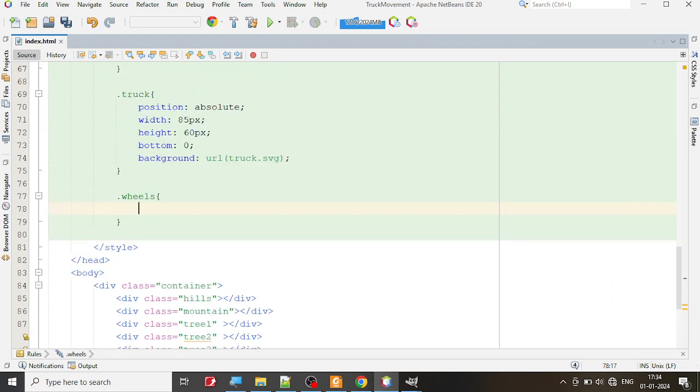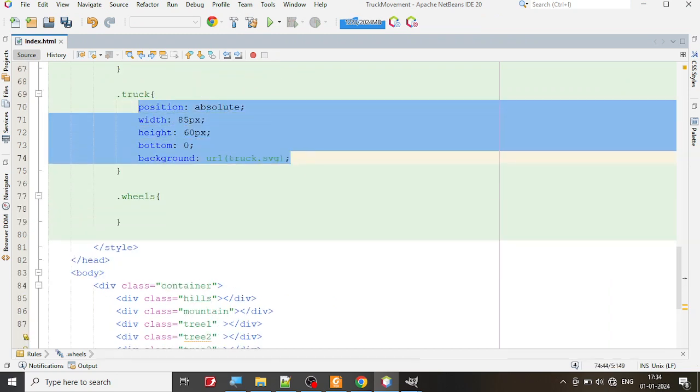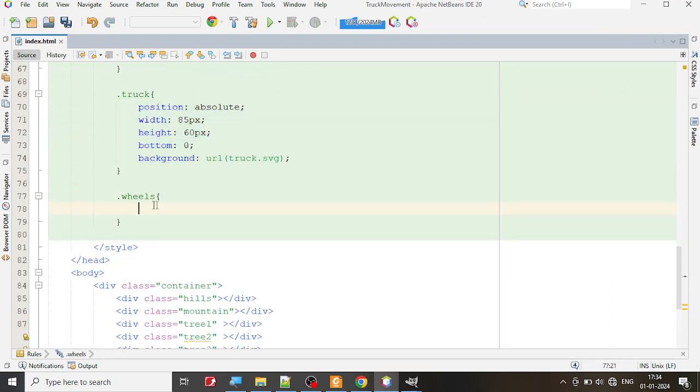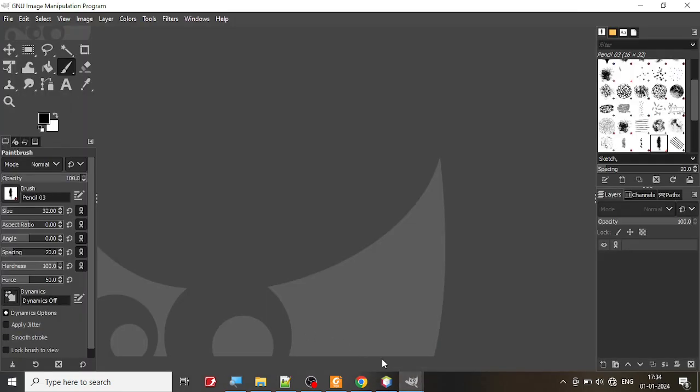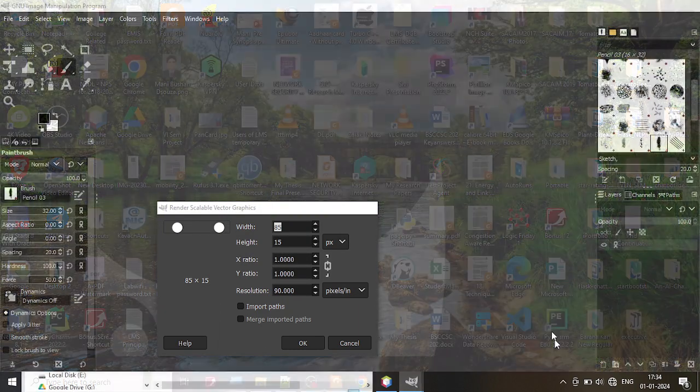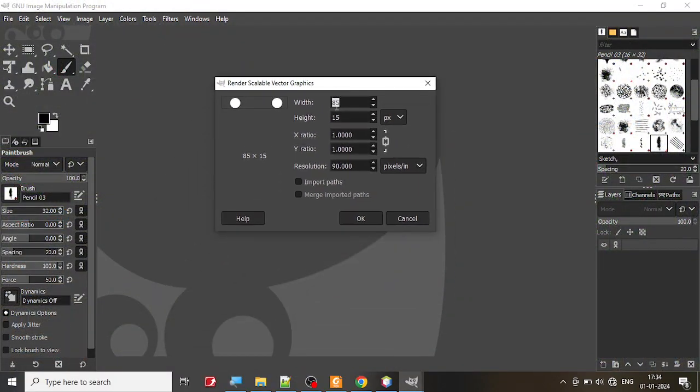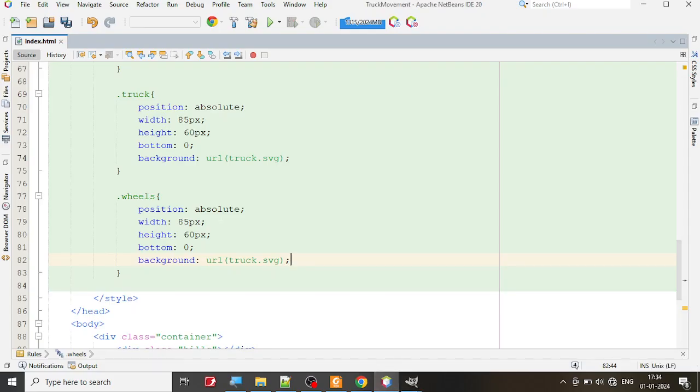Now, as usual, this is the same thing that you are going to use. Control C and Control V it. Okay, it's the same thing, except that you are going to change the size of the wheel position. Now, if you look at this wheel, where is the wheel now? Now the width is 85 and the height is 15. So these are the two values that you get, 85 and 15. So I'm going to fix them as 85 and 15